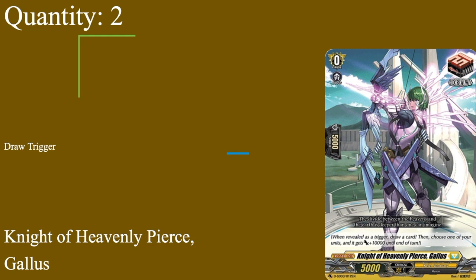Then we have 2 Knight of Heavenly Pierce Gallus, Grade Zero Boost, 5k Shield, 5k Power. It's nice to have 2 draws because the deck is pretty much how it's always been, where at least this version of it is all grade 3s. Even if you have a big hand, it really is just all grade 3s, so it's like the illusion of guarding power. Having the draws helps not have the illusion of guarding power. Also, it helps get hand cards in case your opponent nukes your board and you need to spam down grade